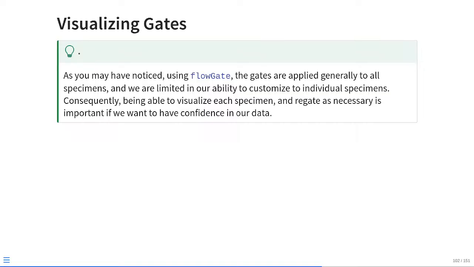Now, going back to one of the questions we had in the chat, as you may have noticed, with flowGate the gates are being applied generally across the board uniformly to all specimens. And we are very much limited, at least in our current understanding, of how to be able to customize these for individual assessments. Consequently, we really need to be able to visualize each of these specimens so that if we're accidentally cutting into the wrong location for a particular specimen, we can go back, regate that particular gate just to make sure we're not missing out on important bits of our data when it comes to how we're gating